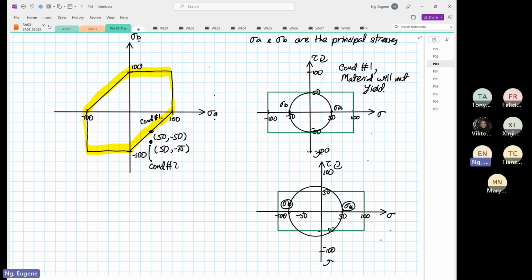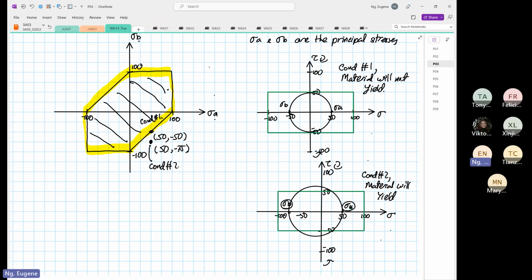Okay, so condition number 2, material will yield. Okay, so basically anything that is inside here, inside the box or inside the yellow boundary,